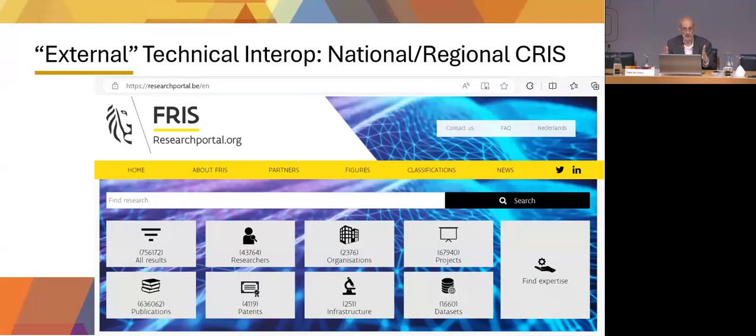There is a 100-page document explaining how the information exchange workflows work. So what metadata elements are required for each of the research entities. And whenever a Flemish institution wants to become a data provider for FRIS, they have to read those 100 pages and make sure they will provide the information in the required formats. Not very different from Recollector over here or from OpenAIRE. It's a question of standardizing the way the information is collected and exchanged.